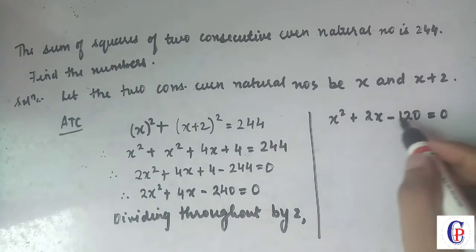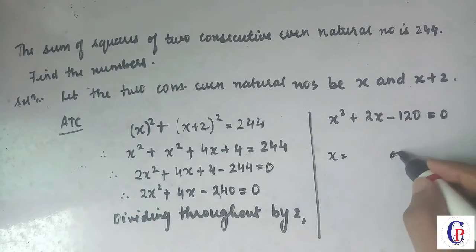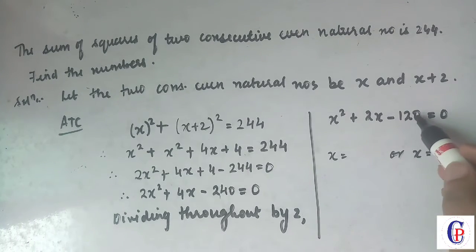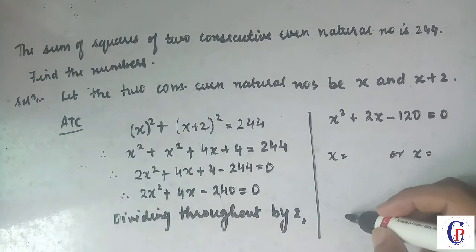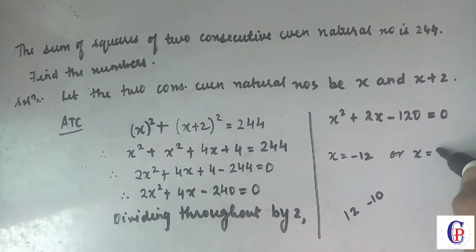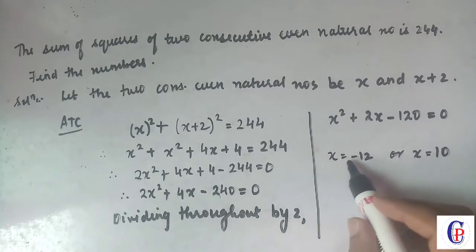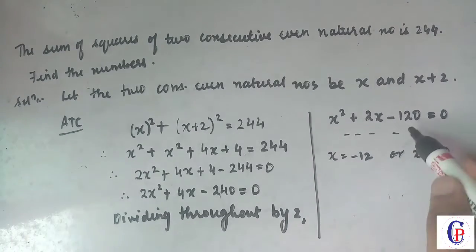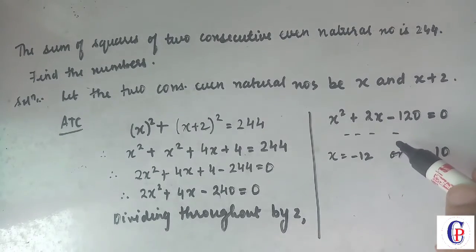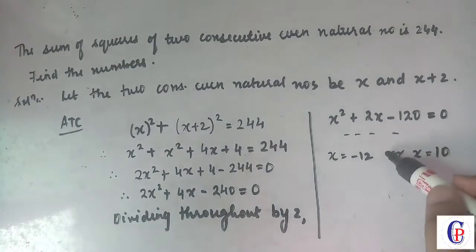So you find the factors and you will get the value of x. You will get two values of x. So x can be, let me think, it is minus 120. So the factors of 120 you will get as 12 and 10. So the answer is minus 12 and 10. Okay. So now as we have got x as minus 12, you need to solve this. I am not solving it. There will be 3-4 lines, like you need to solve this by any of the 3 methods that we have discussed. Okay, don't write it directly.